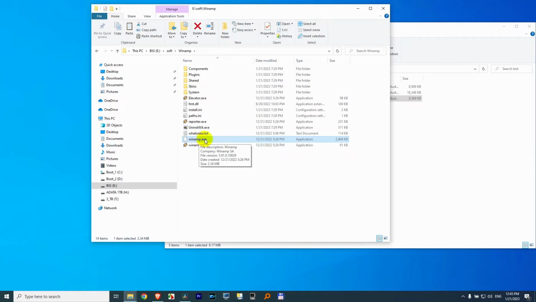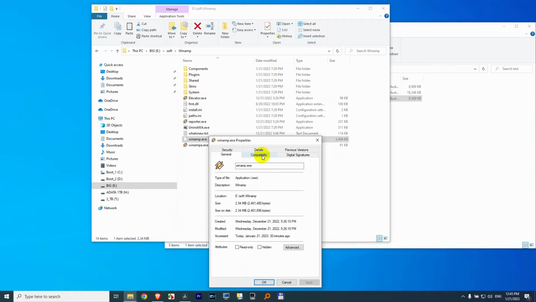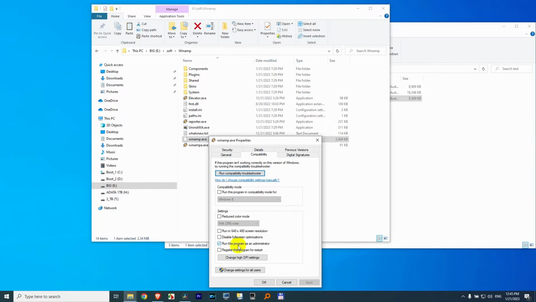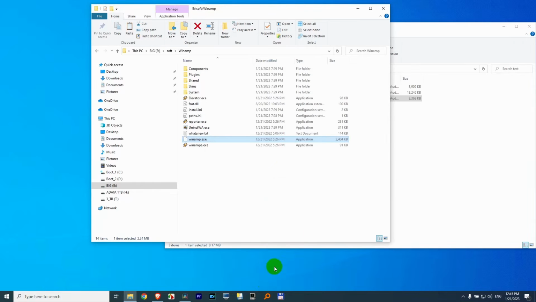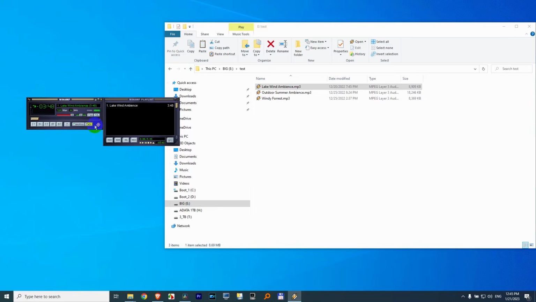Now right click on the exe file of Winamp, go to properties and at compatibility, this one is checked: run this program as an administrator. Uncheck that one, so it will not be administrator, close it with OK. Close that window also, and now if I start an MP3 it's okay, and if I drag and drop the